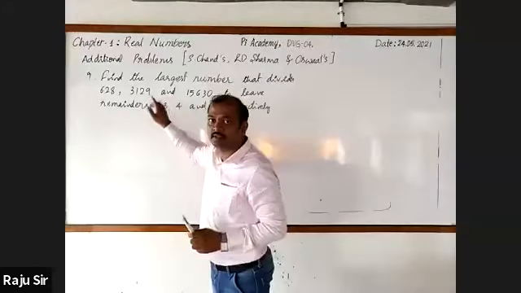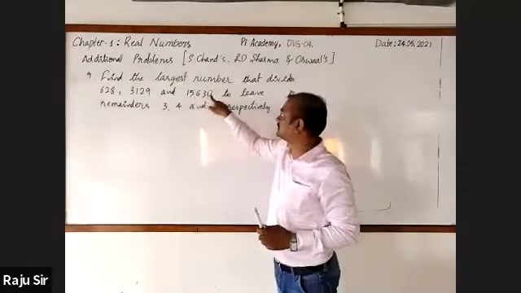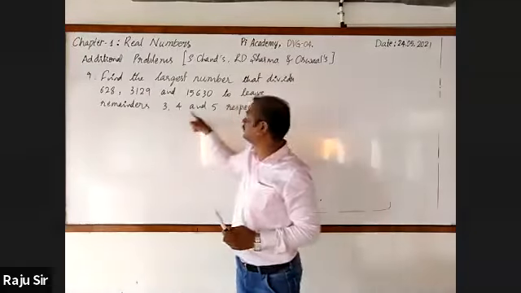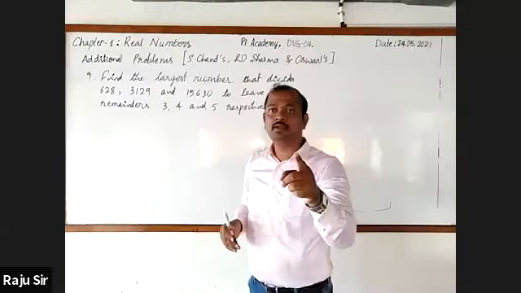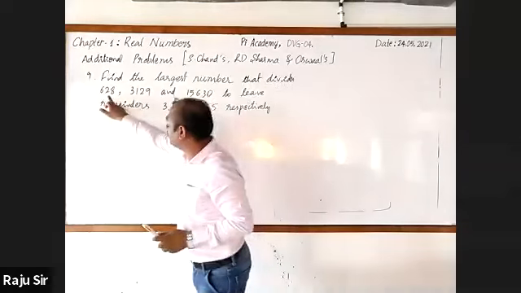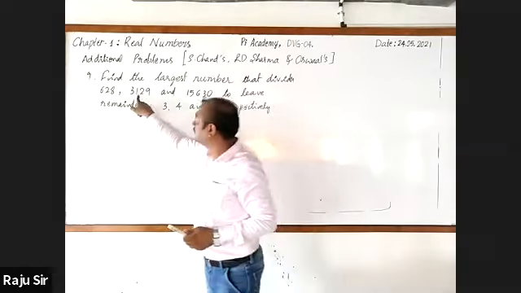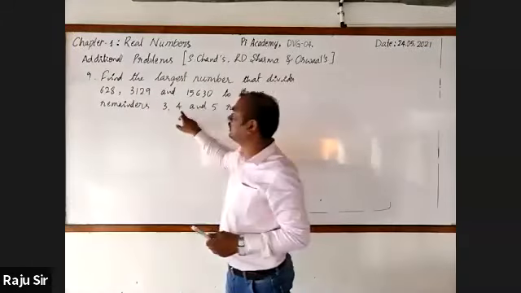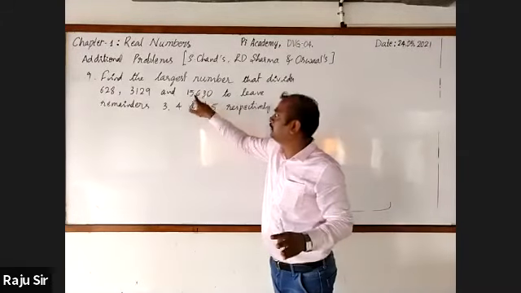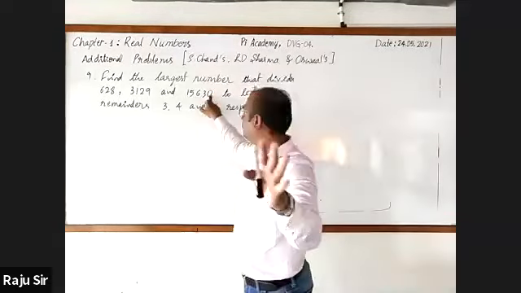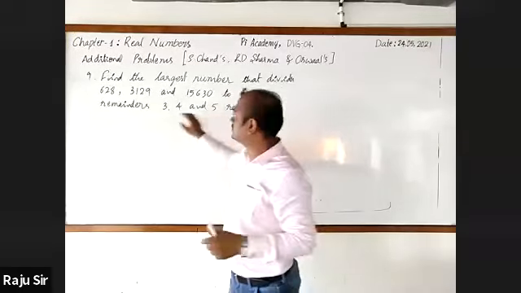But notice that these are the numbers 628, 3,129 and 15,630 to leave remainders 3, 4 and 5 respectively, which means that when you find out that number, if you divide 628 by it, you will get 3 as the remainder. If you divide 3,129, you will get 4 as the remainder. Similarly, if you divide 15,630 by that number, you get 5 as the remainder. Got it? Hence,